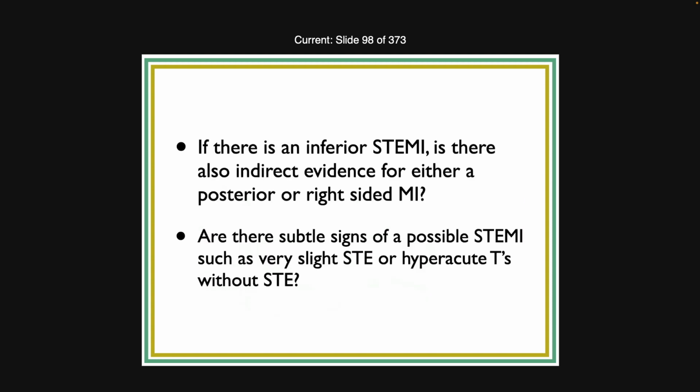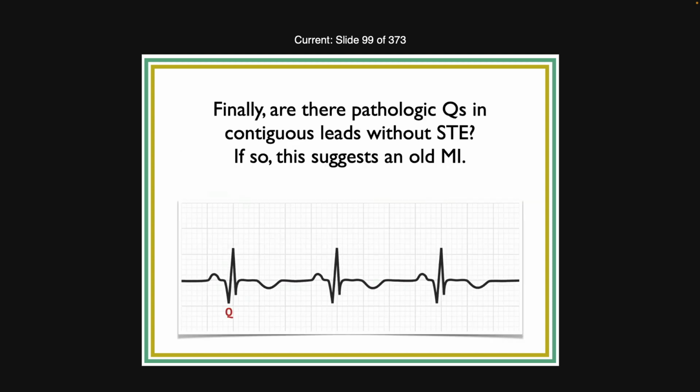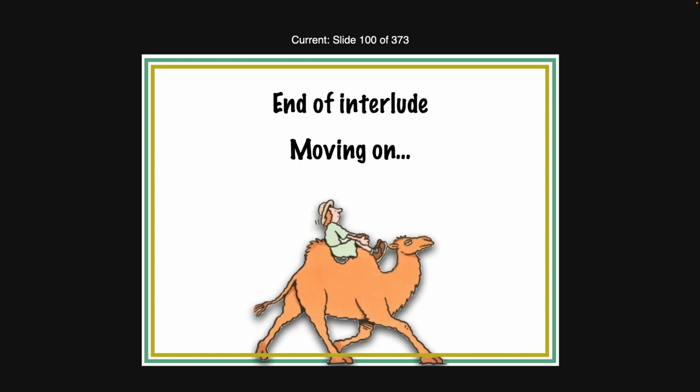And then finally, as we're going along with the strategy, if there's an inferior STEMI, is there evidence for a posterior? Do you need to check for right-sided? And then finally, I know we've looked at lots of 12 leads like this, and we're going to continue to do so. There are all these 12 leads that we've seen where we don't, strictly speaking, have STEMI criteria, but are very concerning, that the signs are too subtle. Okay, so actually, we're